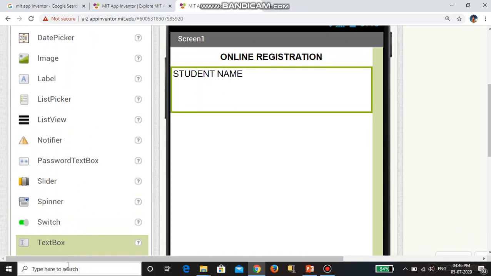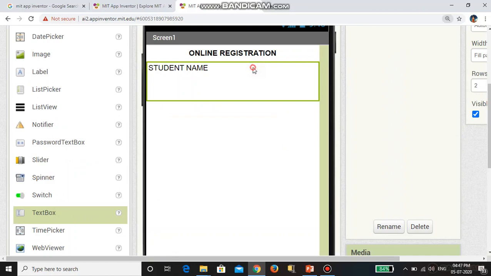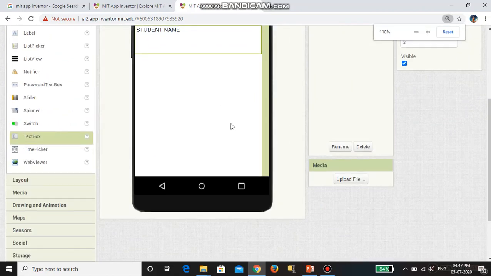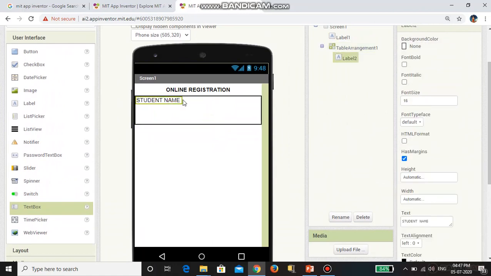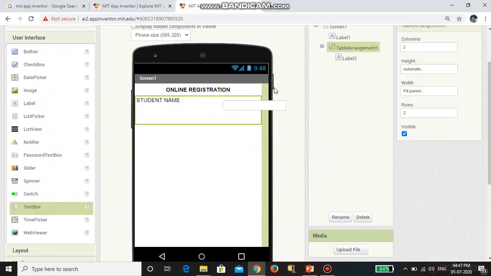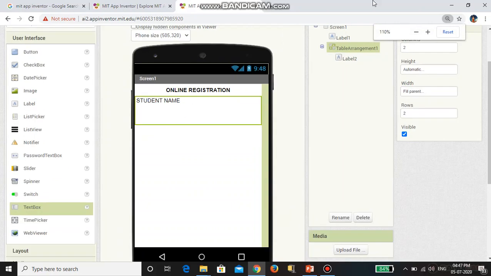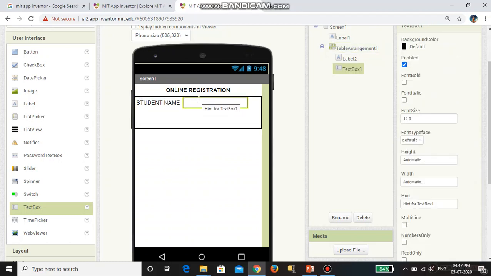I am placing this text box here. I kept the text box here.